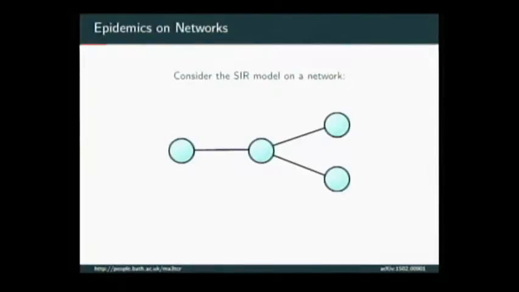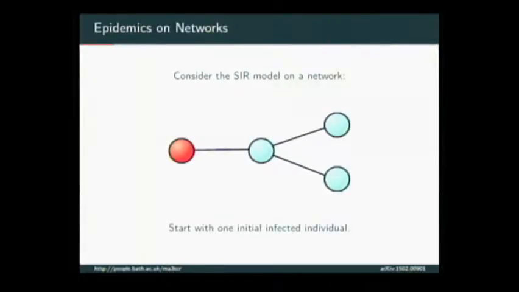So these are sort of dual questions, but they don't have the same answer, right? The second one, it turns out, is easier to study, so I'm going to start with that, and I'm going to call it vulnerability. This is your risk to an epidemic that might be spreading somewhere else in a network. Okay, so the model I'm going to work with is a simple SIR model, which most people have heard of, so I'll rattle through this.